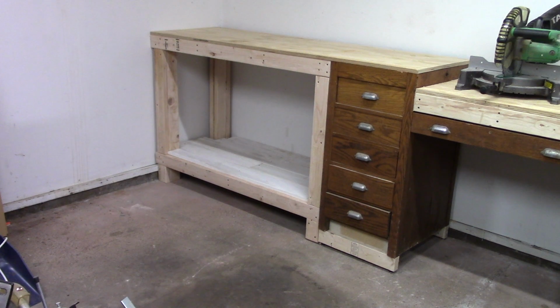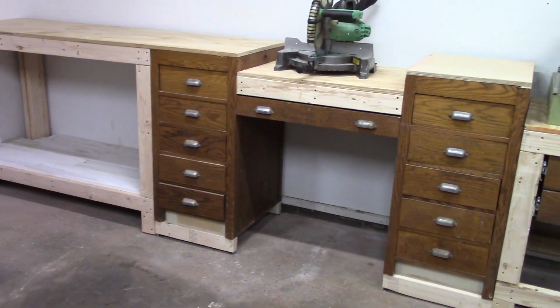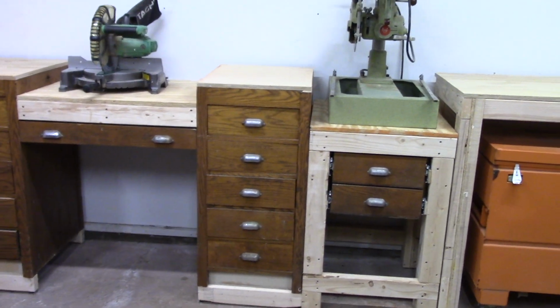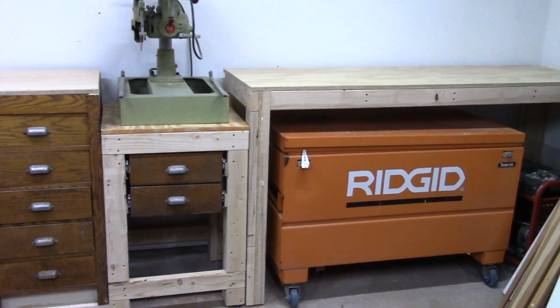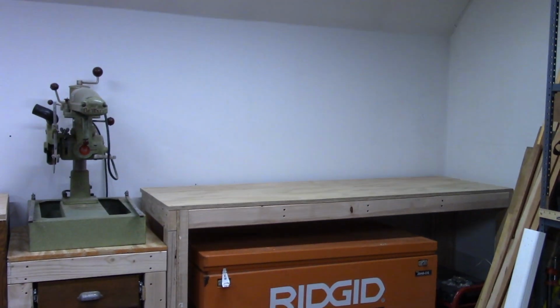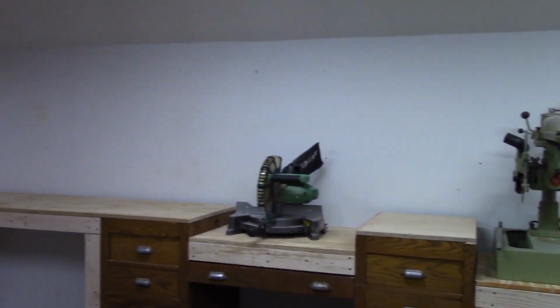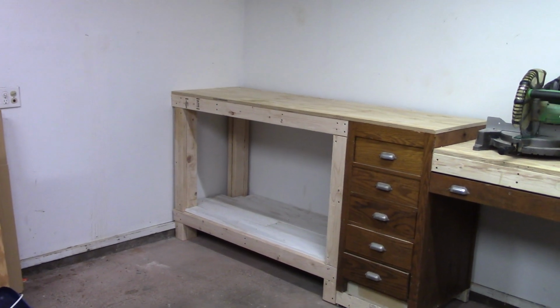And so here you have my finished workbench across the back wall. I end up with about 9 feet to the left of the chop saw and 7 or 8 feet to the right of the radial arm saw. So I can pretty much fit most pieces in there. The plan is to put pegboard up above there for some more tool storage. Down below here is where I'm going to store my